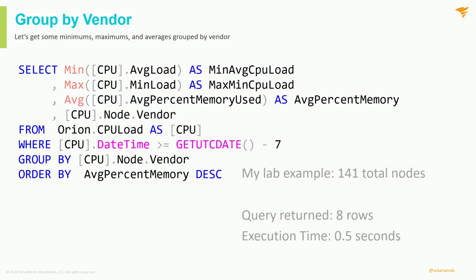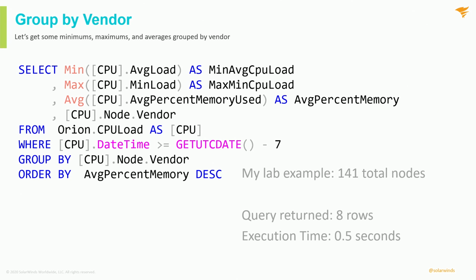So the summary can be done in any number of ways. For me, it's, you know what, let's pull out some numbers. Let's figure out what the minimum average load is over these 7 days, what the maximum minimum load is over those days, and what the average percentage used is for all of these, and group that all by the vendor. You can see from the example here, I'm using the min, the max, and the average